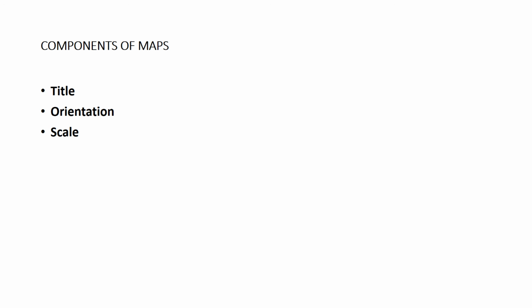So what are the components of a map? When you have a map, it must have a title, it must have an orientation,